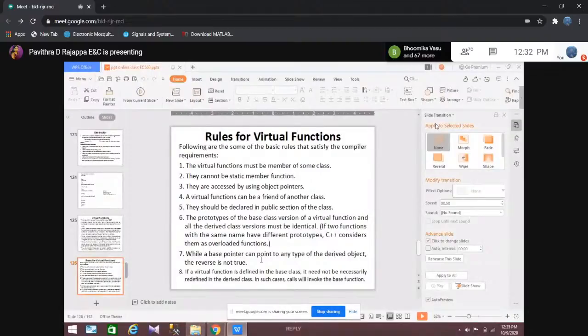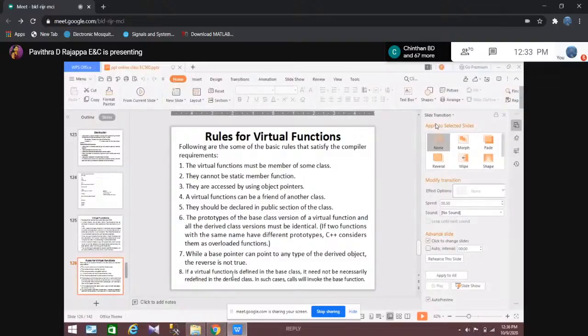Only the base class pointer can be used to access the members of derived class 1 or 2 or 3 like that. So if you derive some properties from the base class, the pointer variable created for that derived class cannot be used. A pointer created for the base class can be used. The next point I'll explain by taking an example.